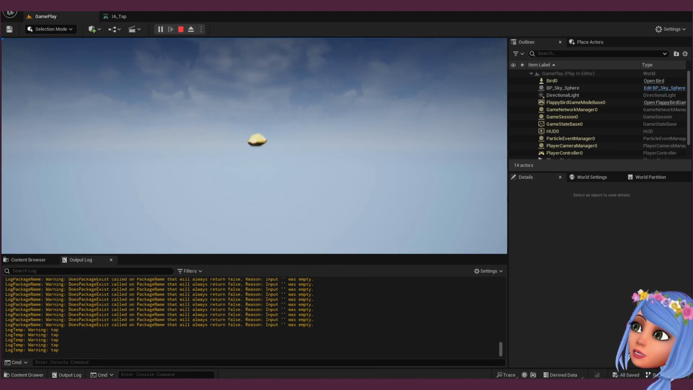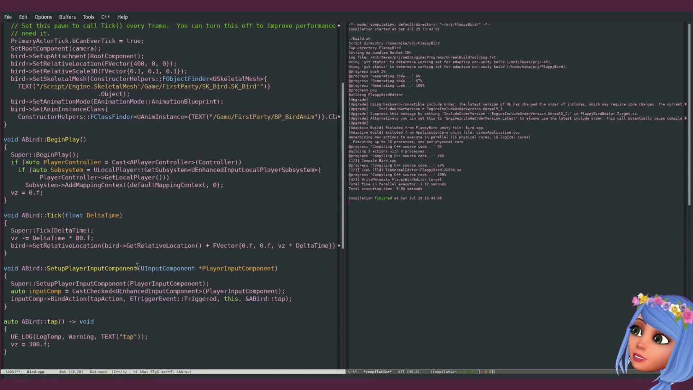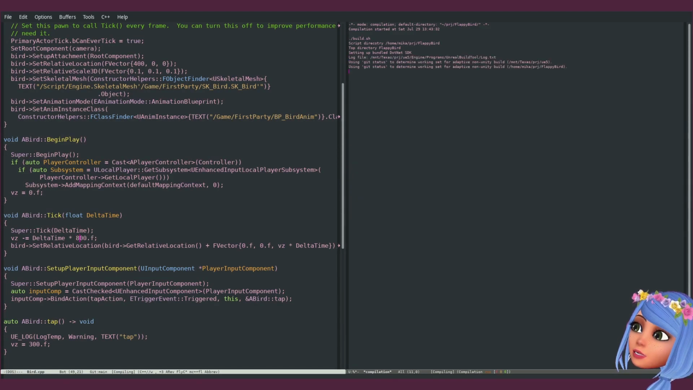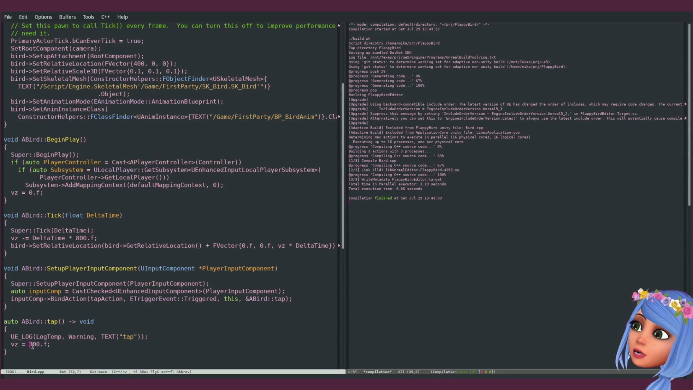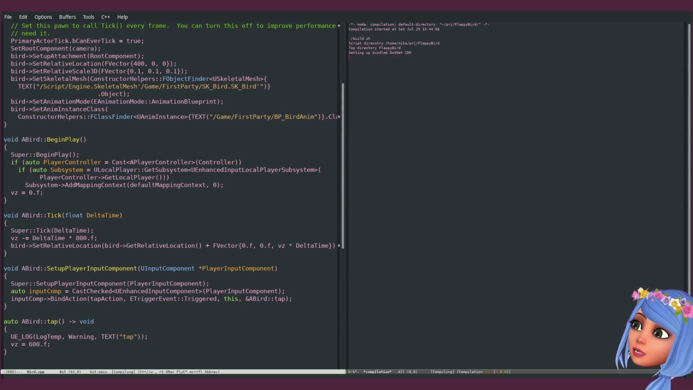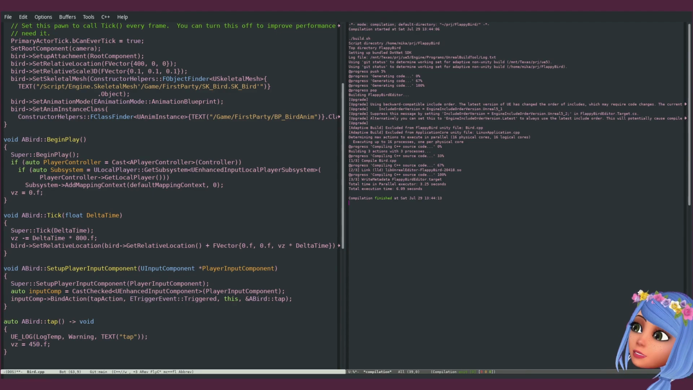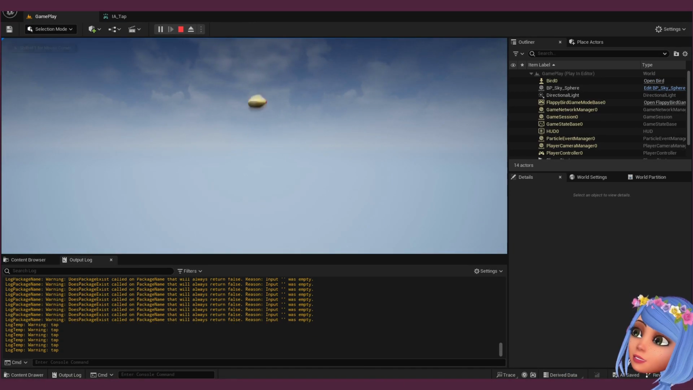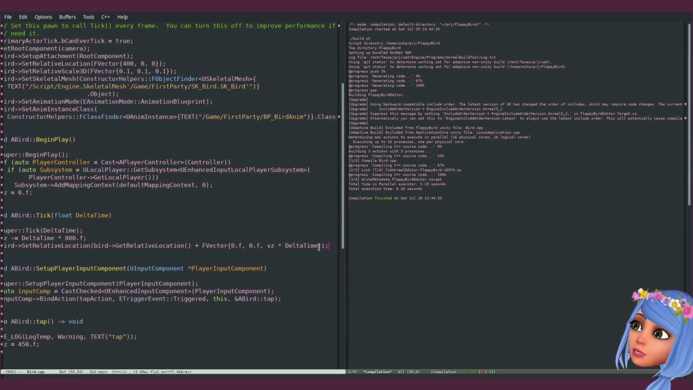So I think going up is pretty good. Going down is a little bit slow. So we will do this thing. So going up, let's do 600. 4, 5. Okay, so now I'm going to set up rotation